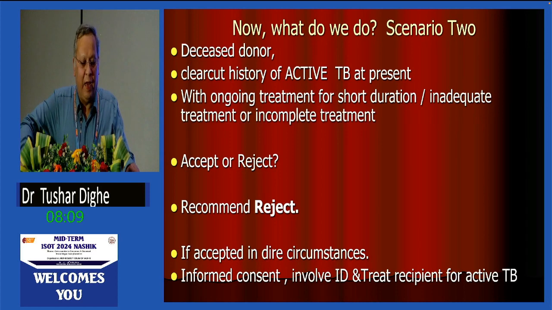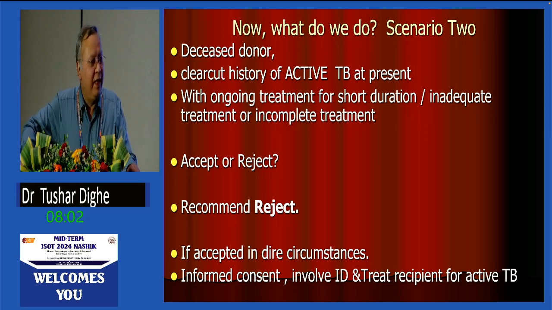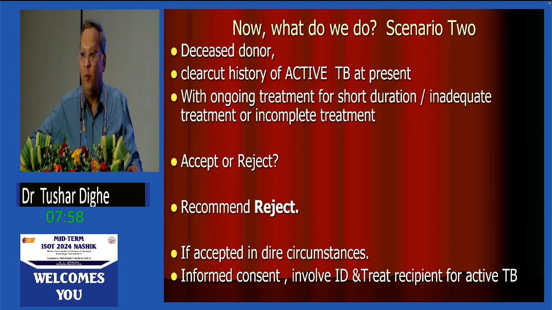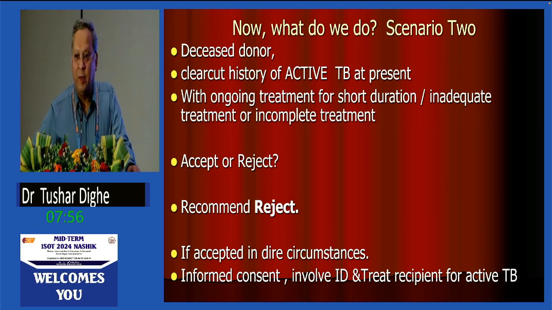Second scenario, we have a clear-cut history of active TB, but he is already on treatment, but the treatment is of short duration, or inadequate treatment, or incomplete treatment. Then what do we do? We recommend reject, but if we accept it, we once again take consent, involve ID, and then